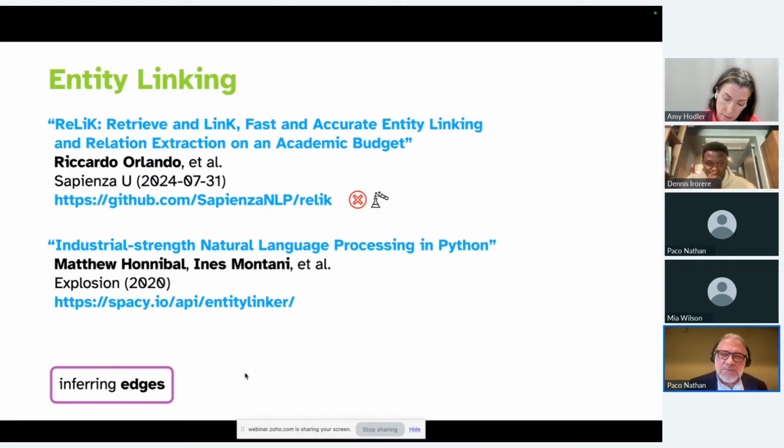Certainly there are services like Spotlight coming out of, say, the DBpedia, Wikipedia era. There's also a project that's been making the rounds, really promising and impressive, called ReLiC. It comes out of Sapienza University in Rome, Italy. And I like ReLiC. It's pretty early days, and it is coming out of a research project. So I'm not going to put this into the demo just yet because I think it's a bit problematic. There are much more mature versions of entity linking.